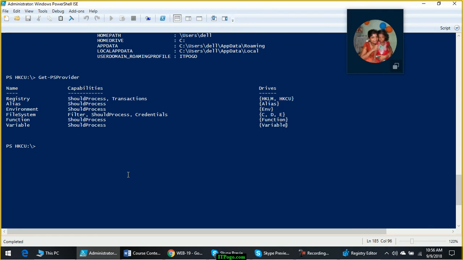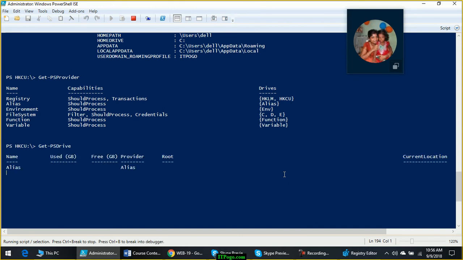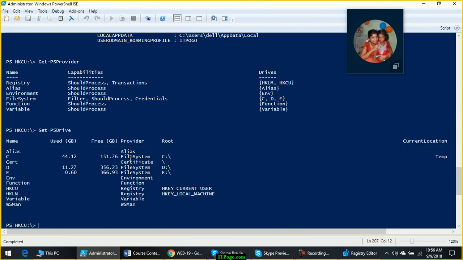If you want to find the list of all the PS drives, it's just switching the columns. The command is get-psdrive. Instead of showing the providers and then showing the drives, it will first show you the drives and it will give you the details about the provider in some other column. So here the drives are primary. So these are the drives which are available.